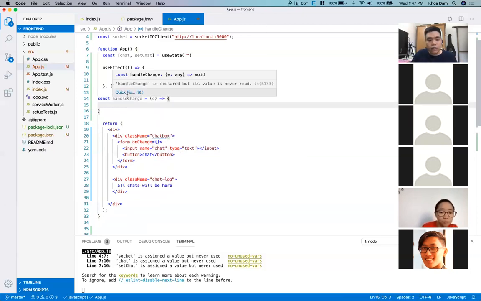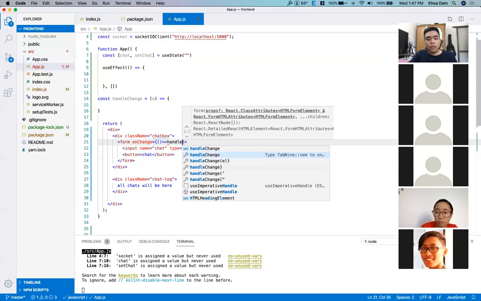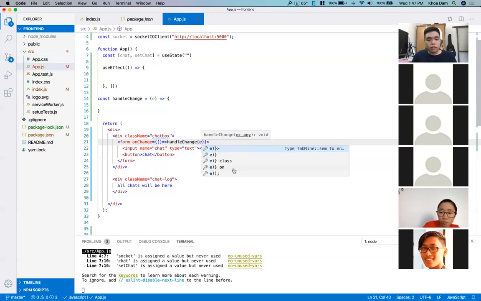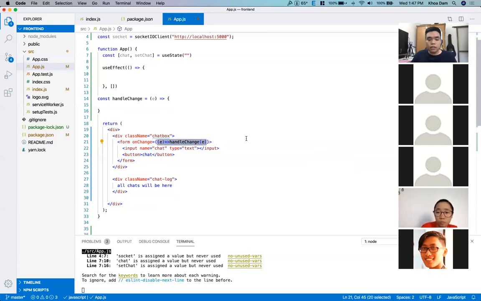E here means event. You can do it like this, or you can just simply use handle change. This is shorthand, right? So this function will automatically receive an argument called e here, and then here you're going to do, I forgot,